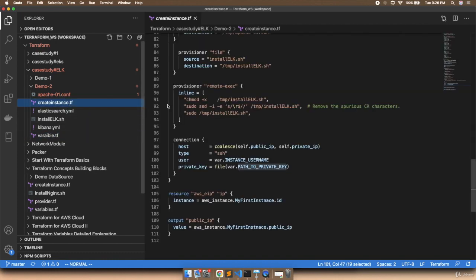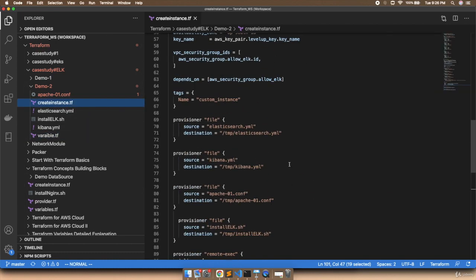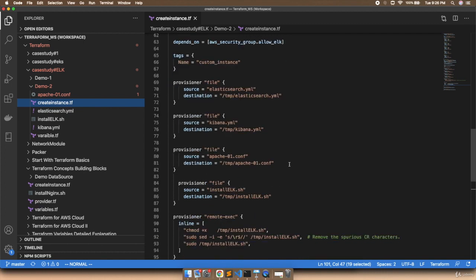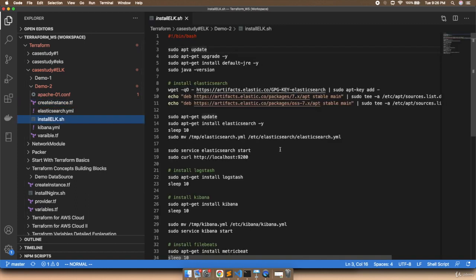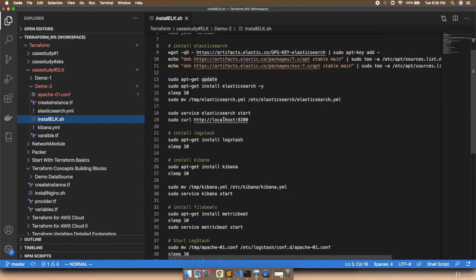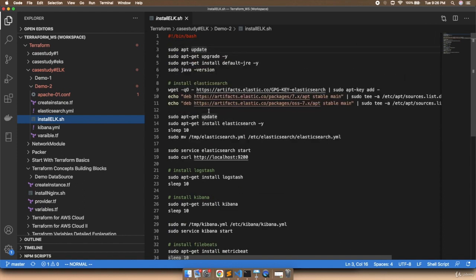So this is the simplest thing we have seen earlier as well, right? We have seen the remote exec, we have seen the file exec, we have seen the user commands as well. Now let's go to the install elk.sh, which is going to install the ELK on your box. So over here we have mentioned all these commands which we have used in the earlier lab. See, we are updating the package manager, then upgrading the package manager, installing Java, reading the Java version, then